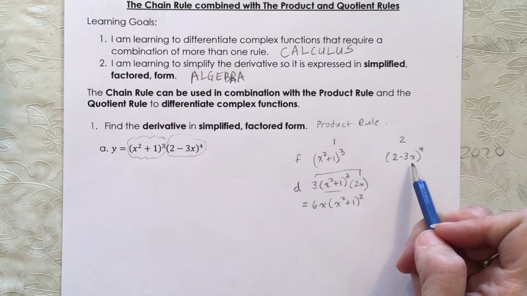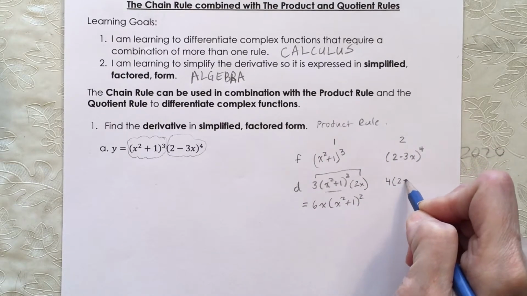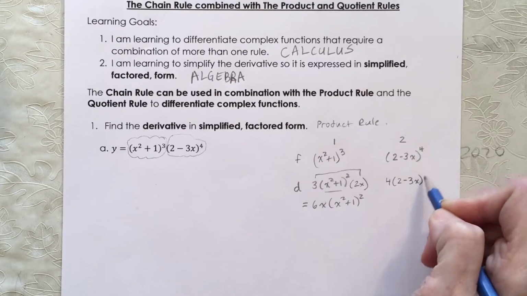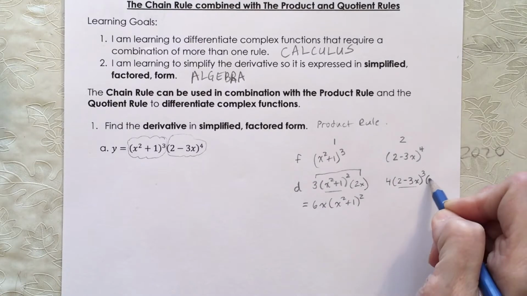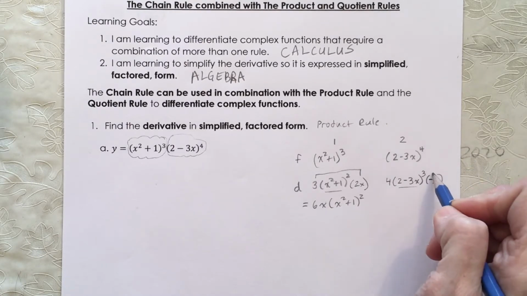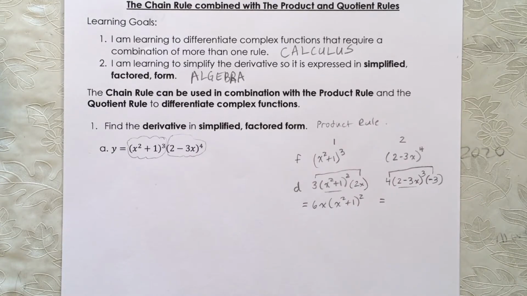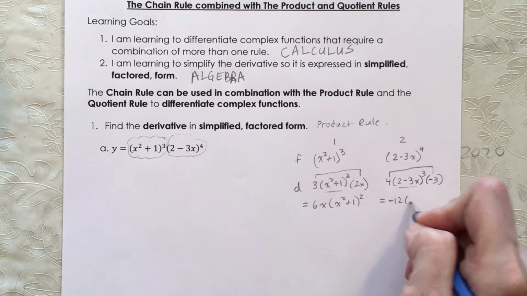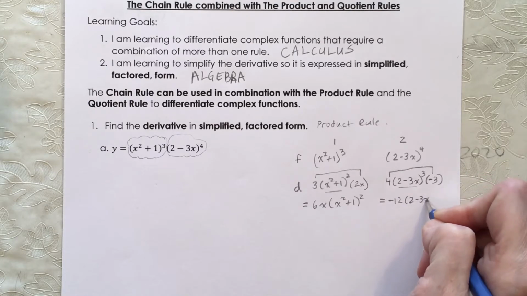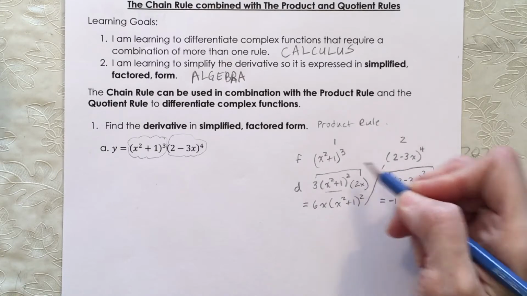Similarly over here, to take my derivative, it's also going to involve the chain rule. So it's 4 times (2 minus 3x) cubed. And then the inner derivative, the derivative of 2 minus 3x, is negative 3. And then those two terms can be multiplied together. So I've got negative 12 times (2 minus 3x) cubed. So here's my corresponding